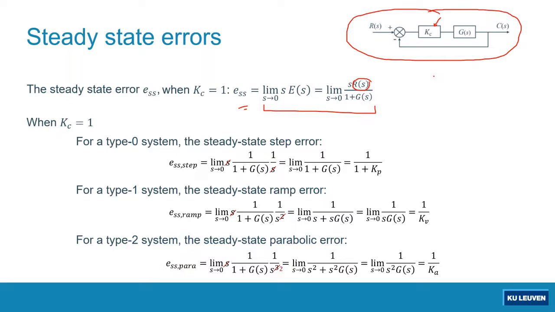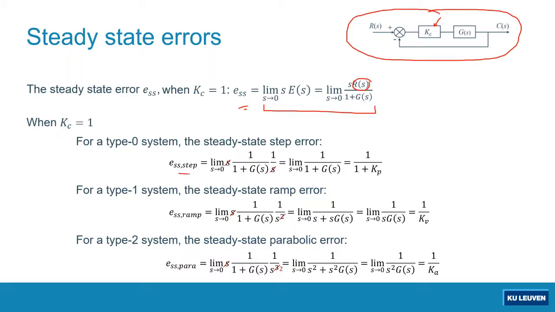What does it mean? I hope you still remember about system type. If we have a type 0 system, the steady state error to a step input,